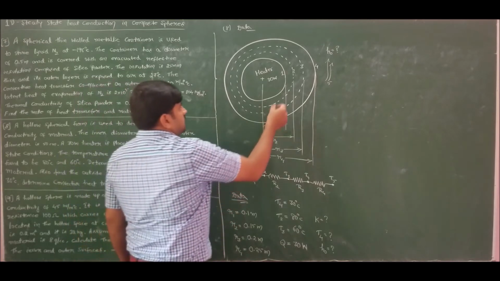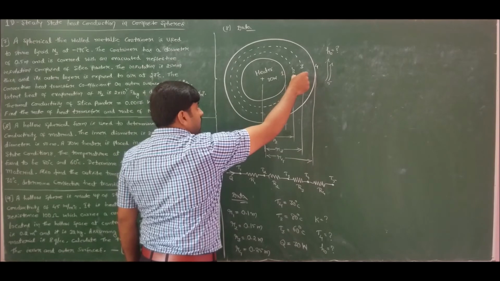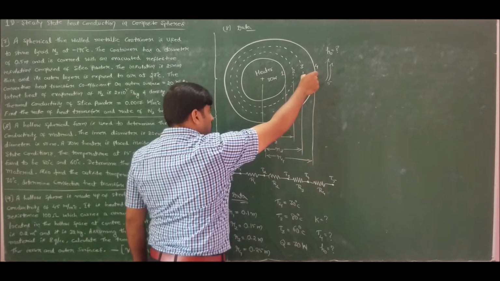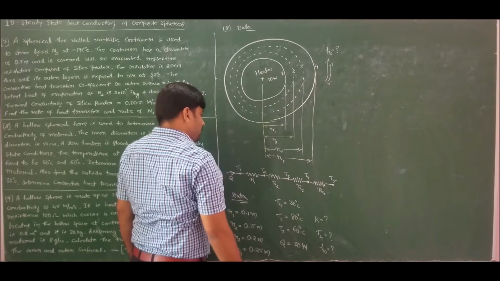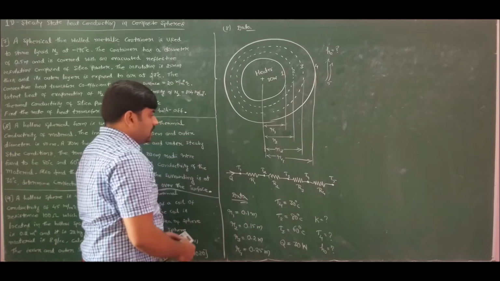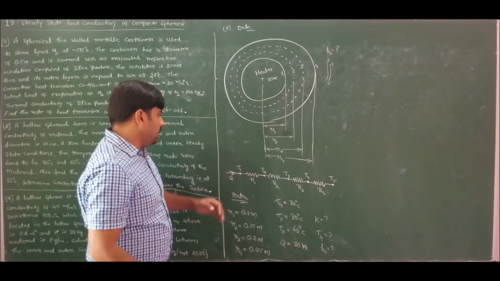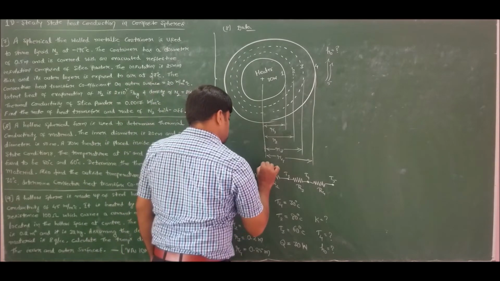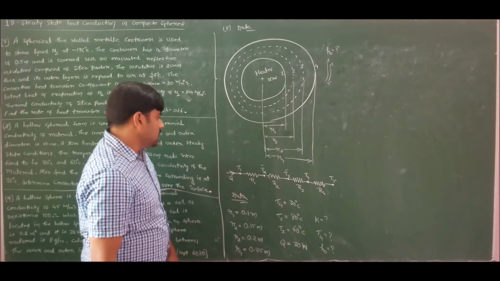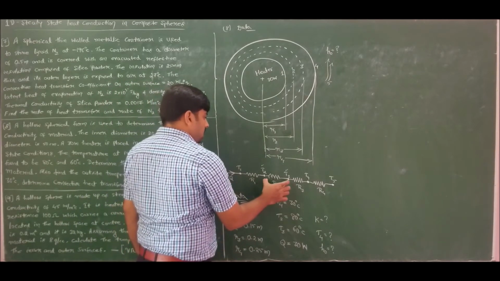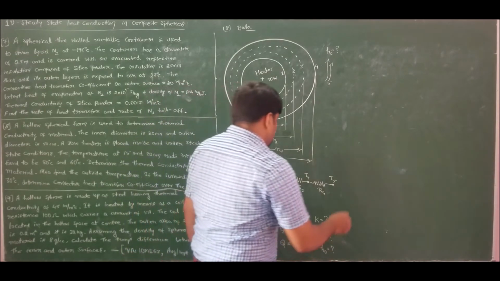Now the resistance R1 is because of conduction, R2 is also because of conduction, R3 is also because of conduction. We know the radius of all the points, but we don't know the thermal conductivity. Without thermal conductivity, we cannot find the resistance. But he has given the value of Q, and we know the temperatures T2 and T3. Very important. So let me analyze the rate of heat transfer between the points T2 and T3. I can find one unknown.